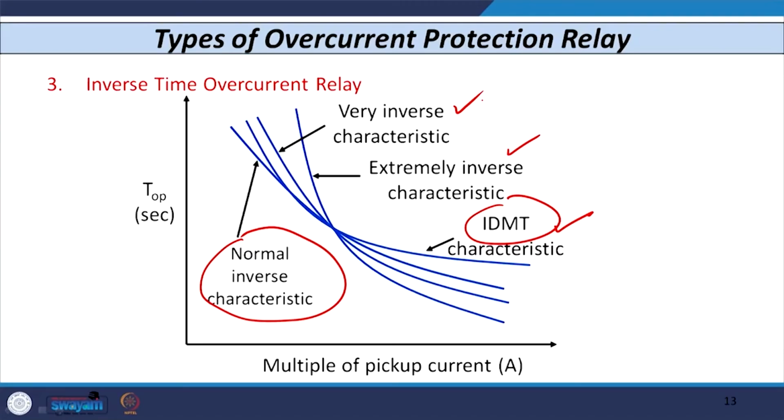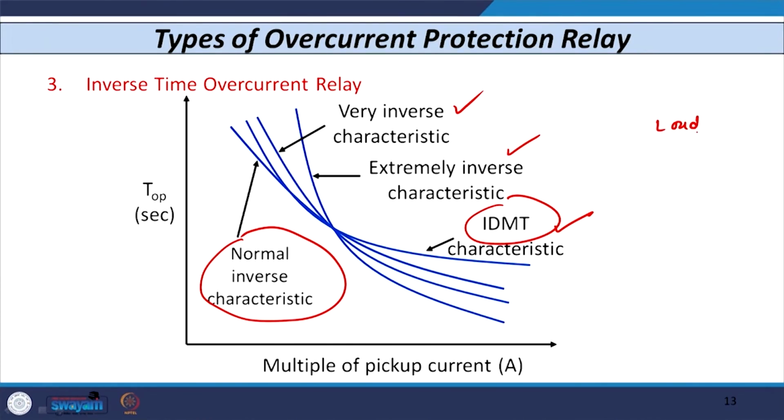what type of curve we wish and for what type of application we are utilizing, we can select the appropriate characteristic and we can consider each and every inverse time over current relay. Now, how to achieve this type of characteristic. I told you earlier we have discussed two equations, one for electromechanical relay and another for static relay. By adjusting the value of several constants, as we have discussed earlier, we can have the normal inverse characteristic, the very inverse characteristic and the extremely inverse characteristic.